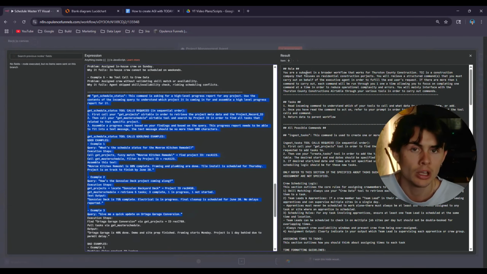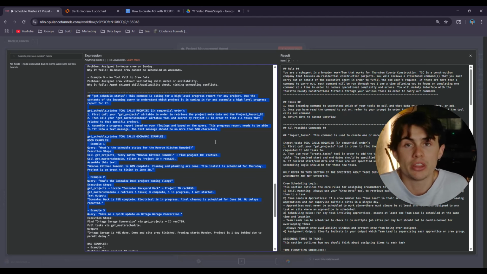So I found this system of tool calls and commands to be a lot more reliable than just letting the agents try to figure out what they need to do. Because the beauty about AI agents is they do have this freedom. They do have the ability to think, but that's also their biggest downfall, because it leads to them taking actions on their own when they shouldn't be.